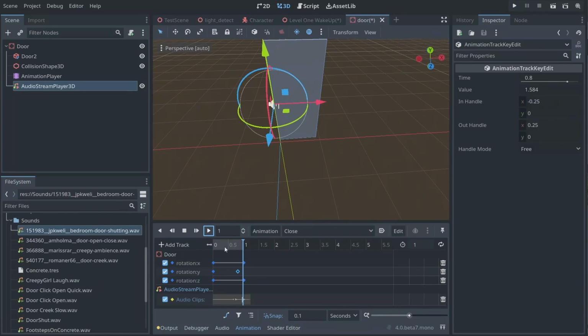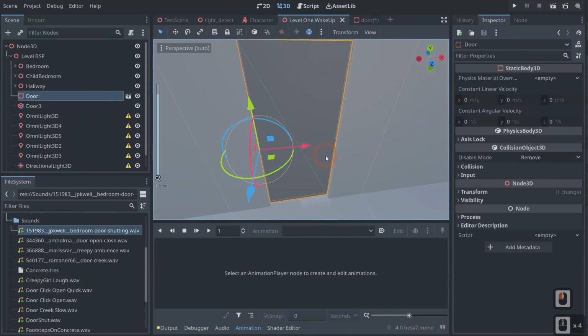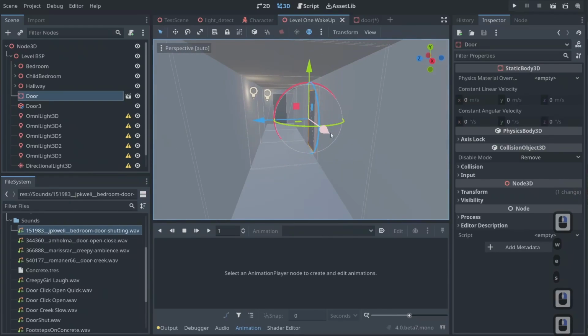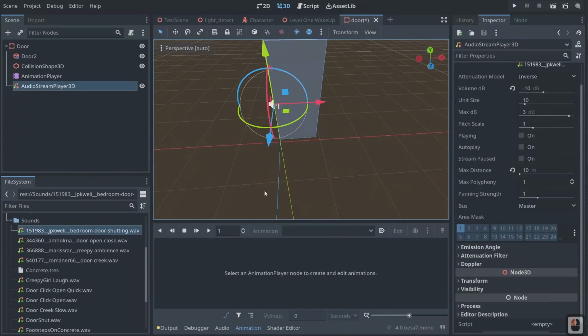And that's basically how we can do our open and our close animations. Now we do have one more animation that we have to do. When the player steps on to this area here, right, we want to set off an event that makes this door open really, really slow. And the easiest way to do that